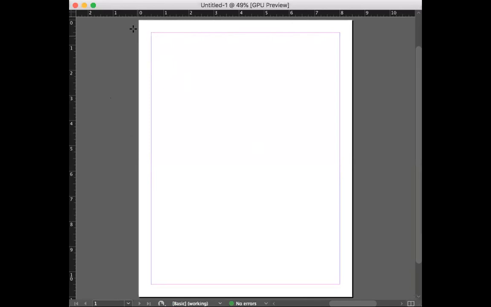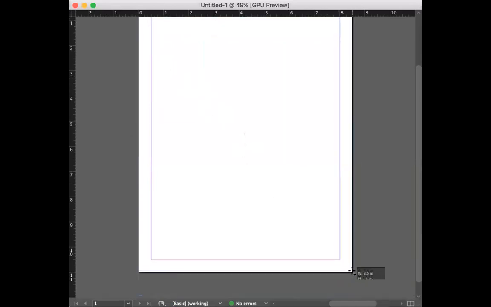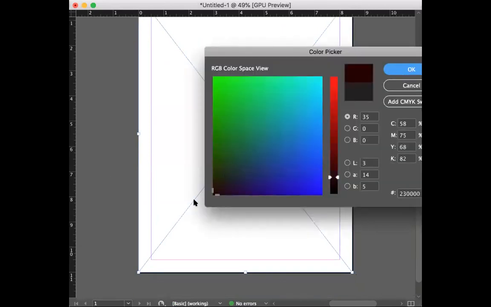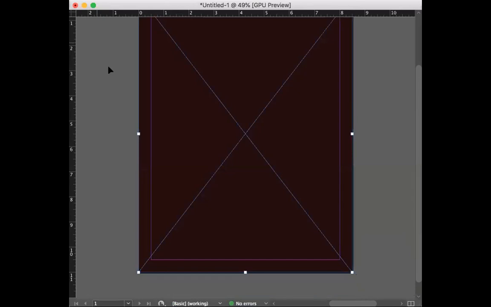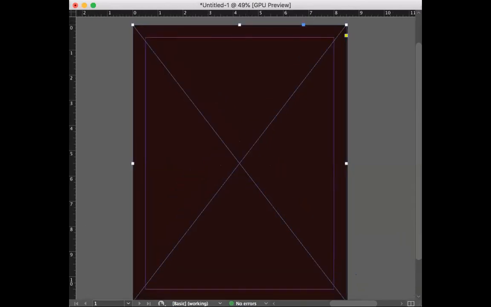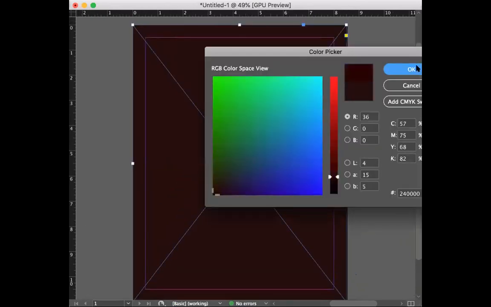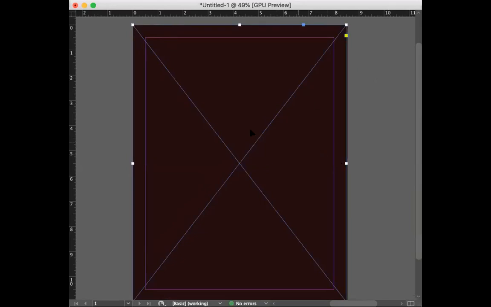So the cover, you can get creative with this. Say you want to maybe make it all black, or the color that you're using for your logo. You can definitely do that. This is actually all black. There we go. You don't have to do it all black, but that's just an option.